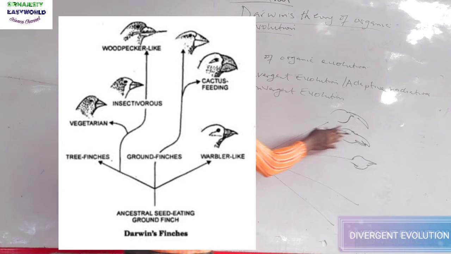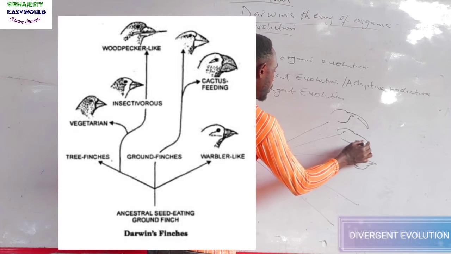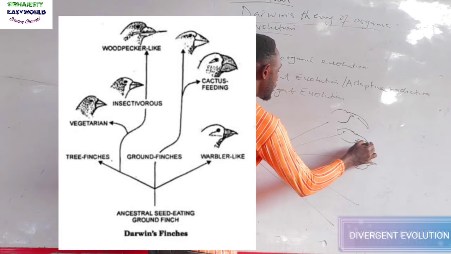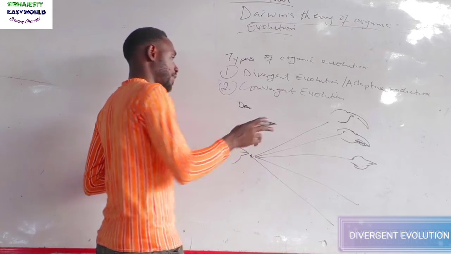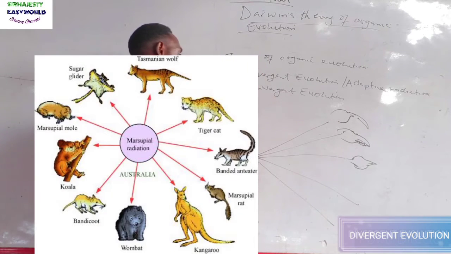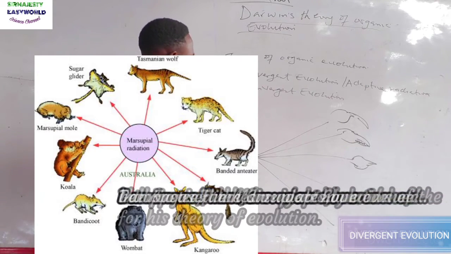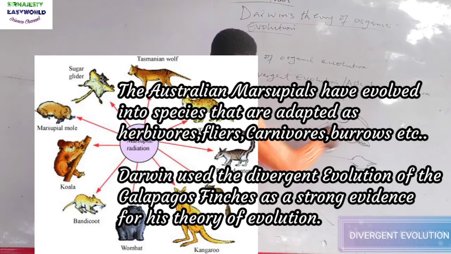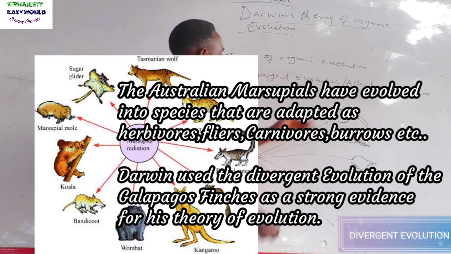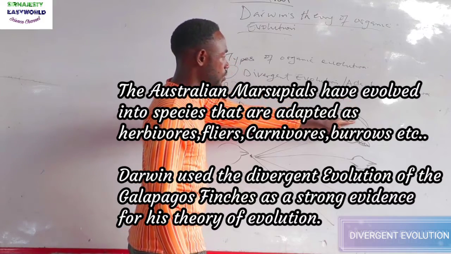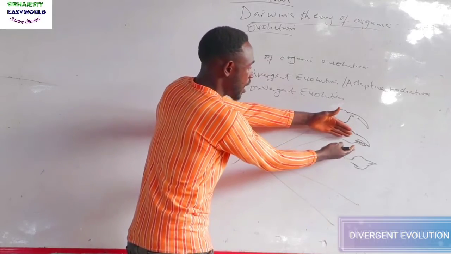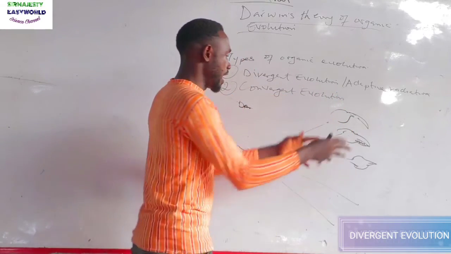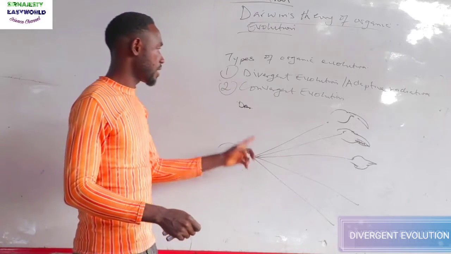So this bird gave rise to different birds with different modifications of mouth parts. This is a typical example of divergent evolution. Darwin's finch is a good example of divergent evolution. Then Australian marsupials are also a good example of divergent evolution. They started from this, and when you look at this beak, it looks as if they did not originate here, but they did. Why? This one found itself in an environment that favored only those that suck nectar, because it has the features that will enable it to suck nectar. These ones that don't have the ability cannot exist there, but they are a bit related. So that is divergent evolution.